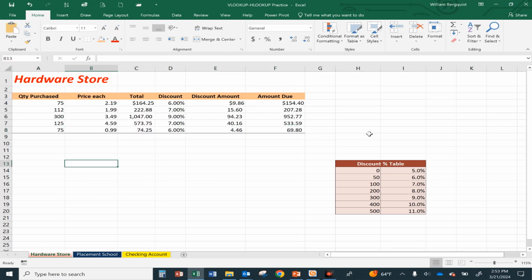And my worksheet looks good. Now I have my first VLOOKUP. Now there's a reason the lookup table is down here. You can put the lookup table wherever you want, but there's a few places you don't want to put it. I don't want to put my lookup table over here